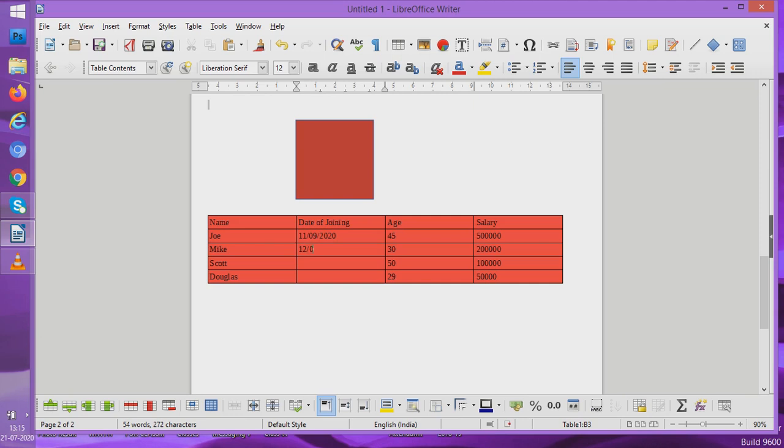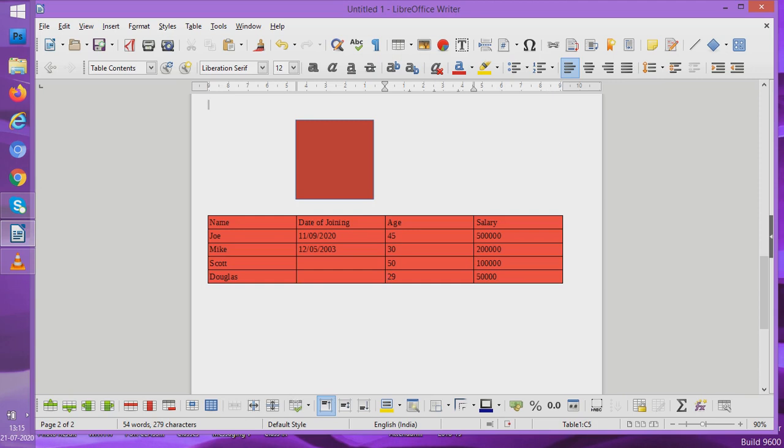So students, you saw how we work with tables. Now you can use tab to move from one cell to another cell. Now I am using tab. See, I am moving from one cell to another. You can even use the mouse pointer to move to a given part directly. So in this way we use the table.